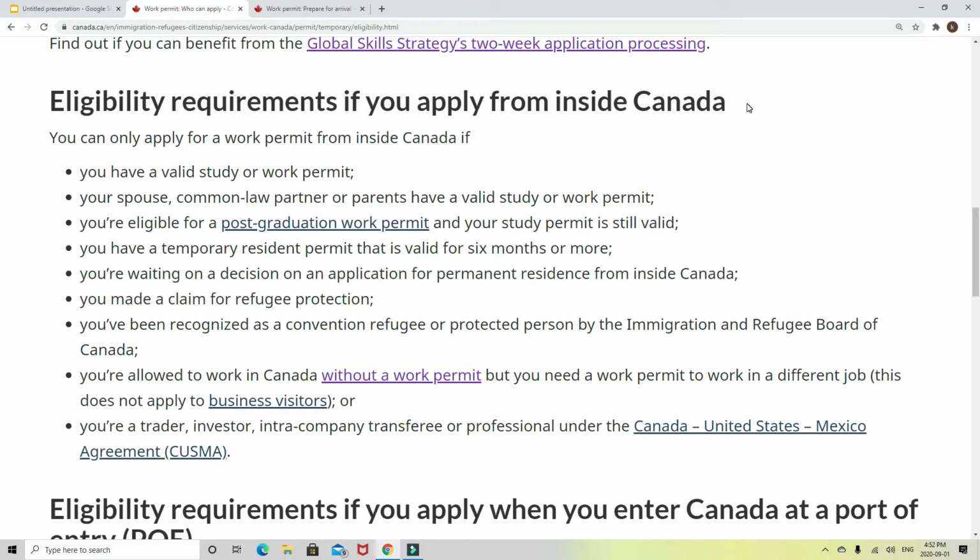If you are already in Canada, then you can apply for a work permit if you have a valid study or work permit. Your spouse or common law partner or parents have a valid study or work permit. You are eligible for a postgraduate work permit and your study permit is still valid. You have a temporary residence permit that is valid for 6 months or more. You are waiting on a decision on an application for permanent residence from inside Canada. You made a claim for refugee protection. The refugee people also can,